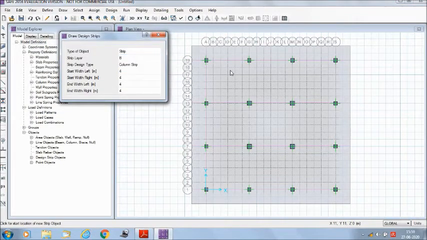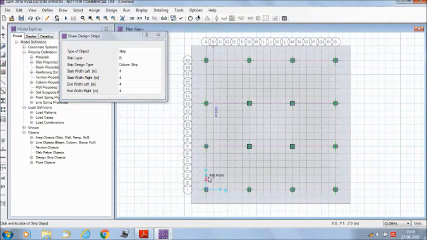Now we will change the strip layer to B and start drawing the strips in the y direction. After drawing each strip, we should right click in order to exit. So we have drawn the strips.